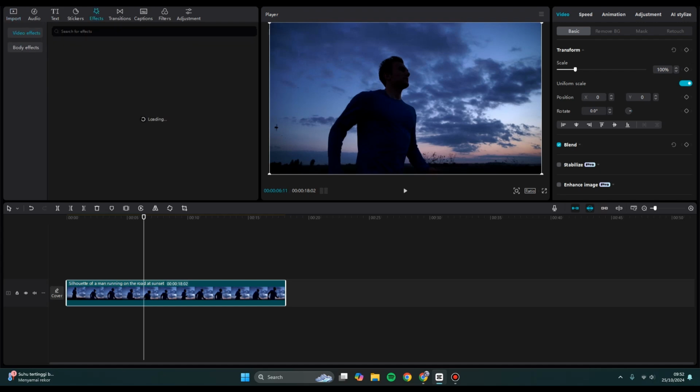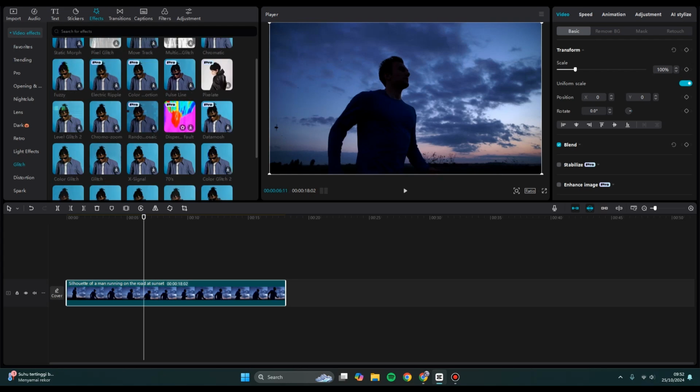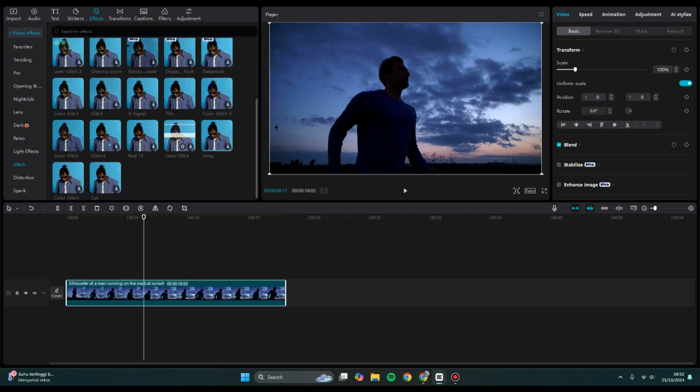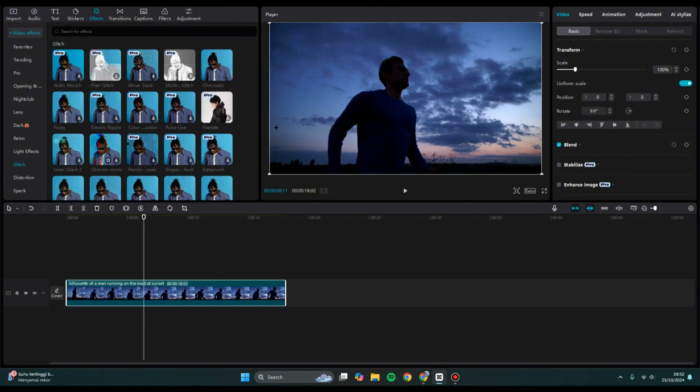Now you can just go to effects and click on the drop down on the video effects here and tap on glitch. So you can see Capcut comes with a variety of glitch effects that you can choose for your videos. You can just choose which one. There's this level glitch